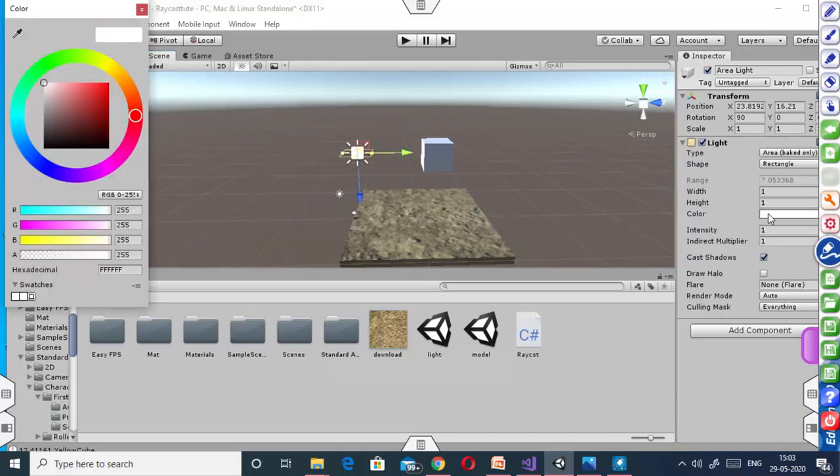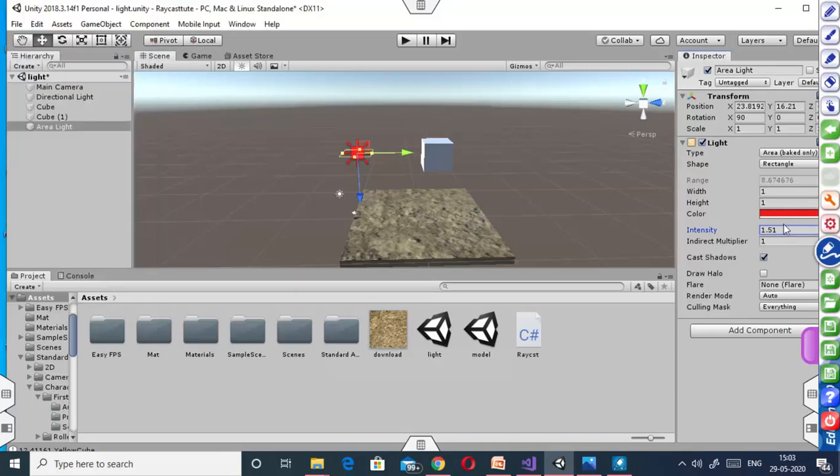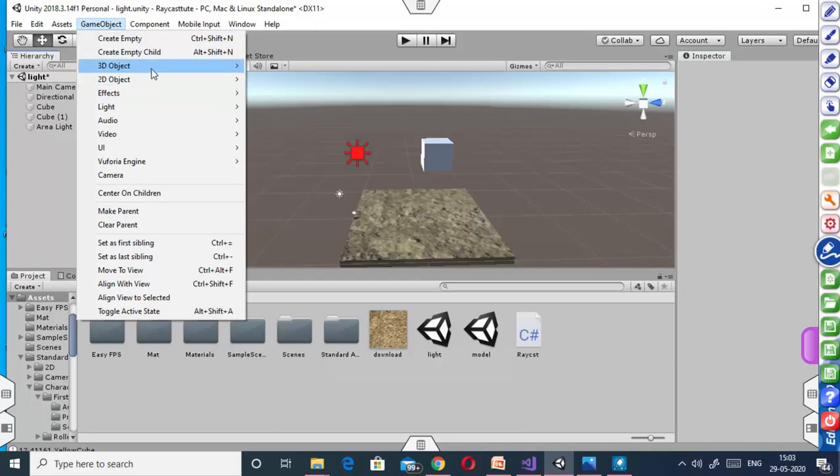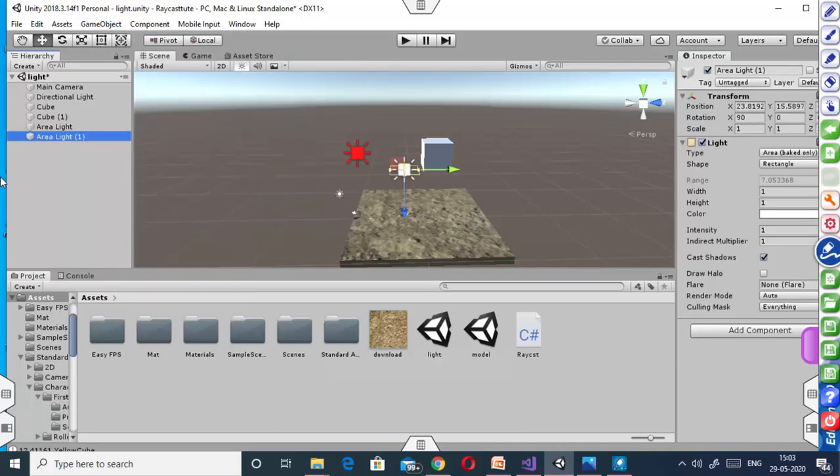You can change the color of this area light like this, and also increase the intensity. At the same time, you can take another area light, drag it a little bit here.